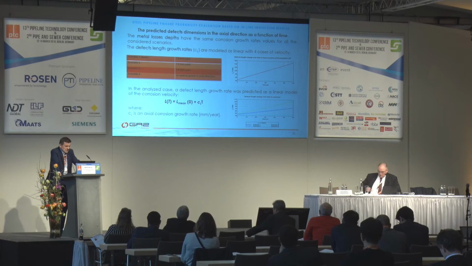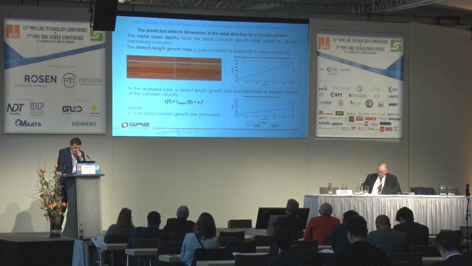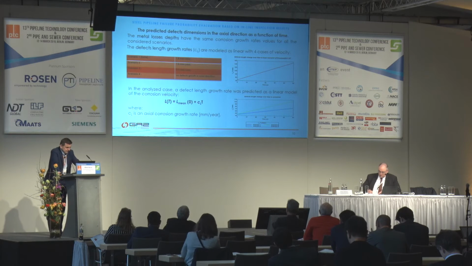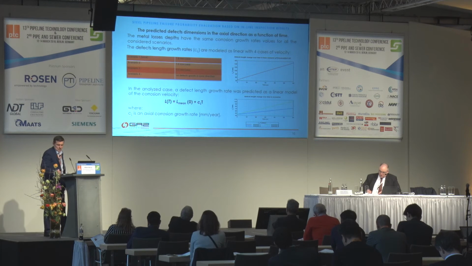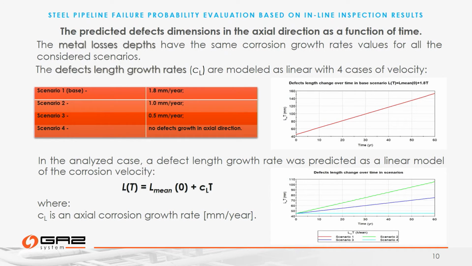Predicted defect dimensions in axial direction were made in 4 scenarios. We studied the axial corrosion, actually. It can be called axial corrosion. Here, it is described by this equation,